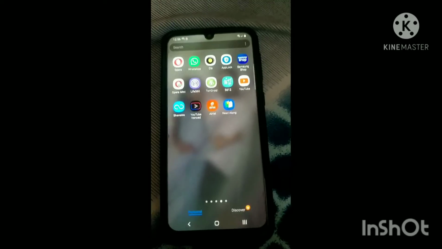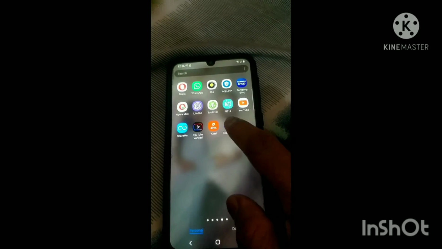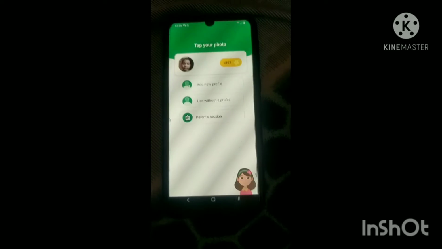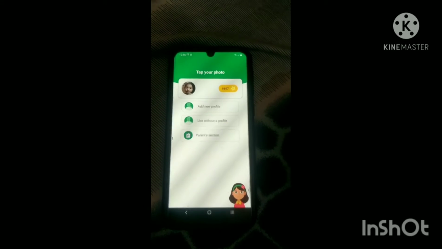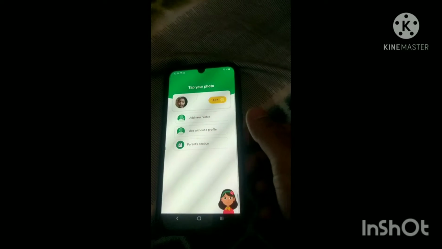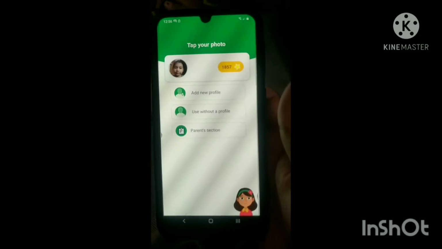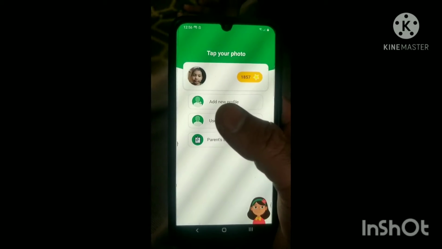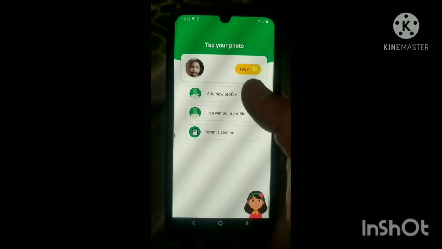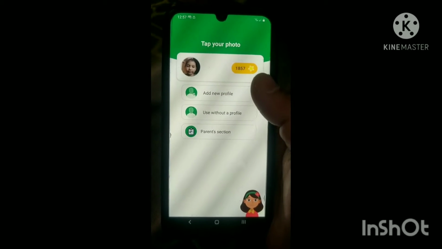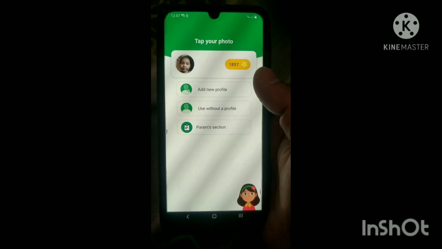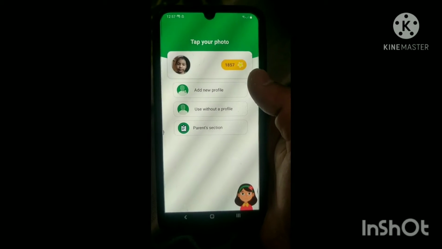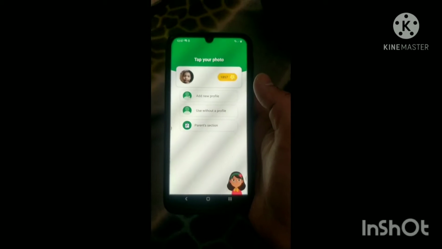Let's open this app and see what is inside. So as you can see, this is how the app looks, and she is my daughter, and we have an account created for her. Right now she has got 1857 points.